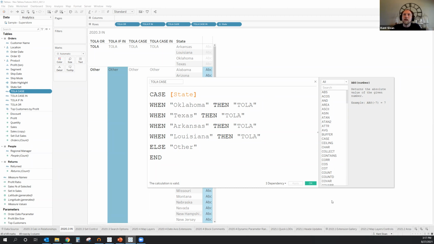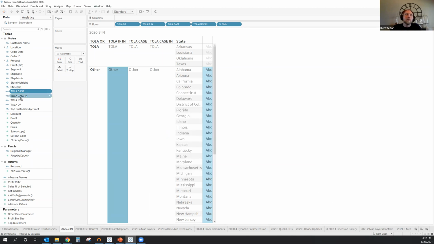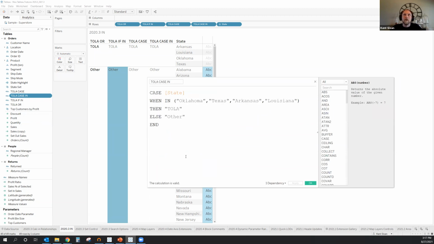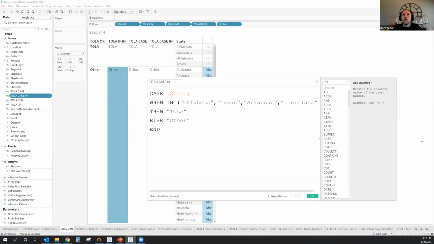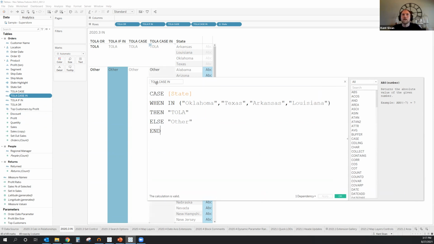I could then replace this using the in option here, by putting that all together on a single request. So it's case, state, when, and then just the in, scan through all of these 4 states at once, then label them.